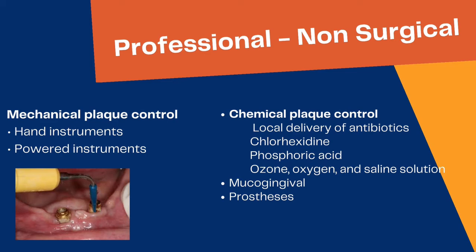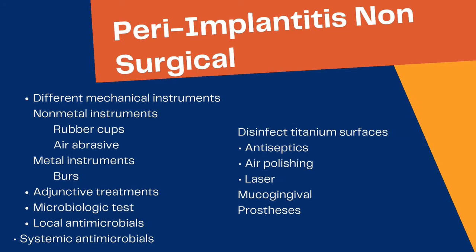Also, chemical plaque control can be done. Here, local delivery of antibiotics, use of chlorhexidine irrigation, phosphoric acid, oxygen and saline irrigation can be done. Further, different non-metal instruments which are used in non-surgical management include rubber cups. If you are using metal instruments, it is to trim the processes, which can be burrs, where you can use